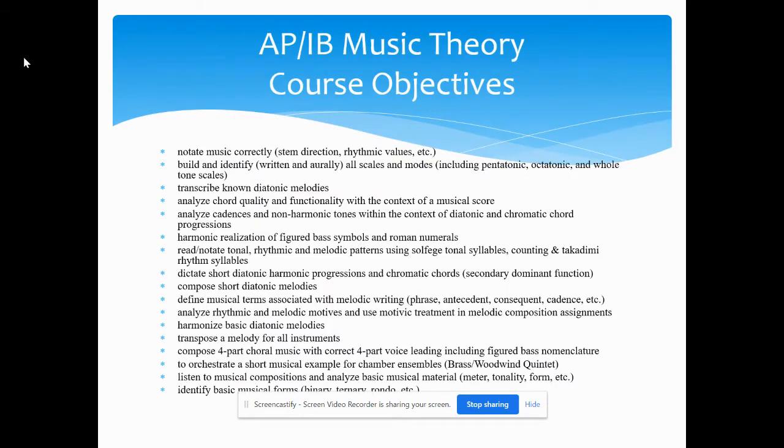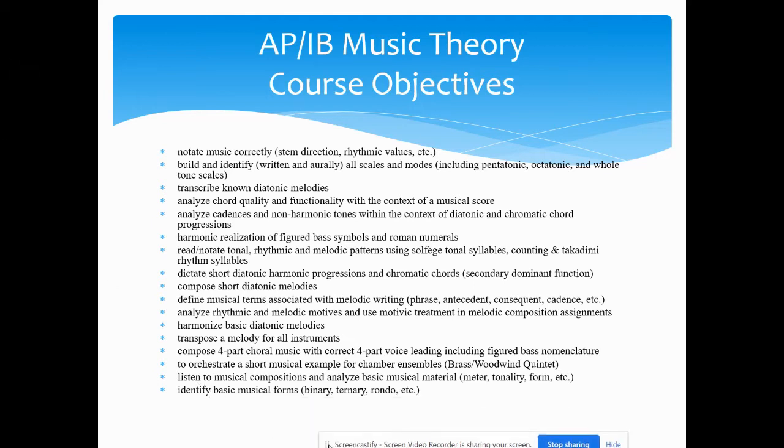So there's a bunch of course objectives. I'm not going to go through all of them, but I want to make sure that we understand what your kids would be doing in this class. It's a lot of composing, and not songwriting, but actual composition, meaning being able to notate music properly on the actual staff. Songwriting is a really great thing, and we definitely talk about that, but this class is really not a songwriting class. It's absolutely theory and composition. So the Western structure of music and the traditional five-line staff notation is what we focus on.